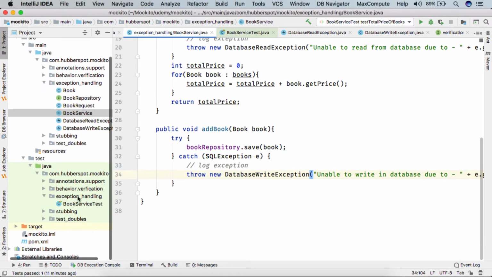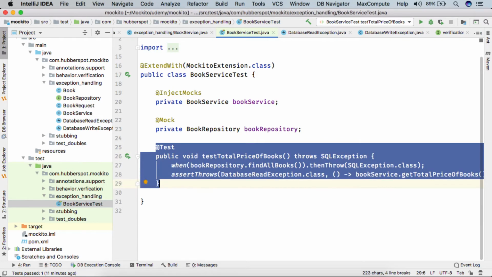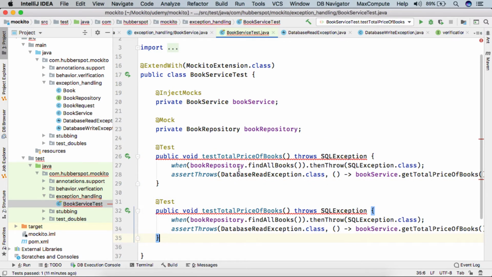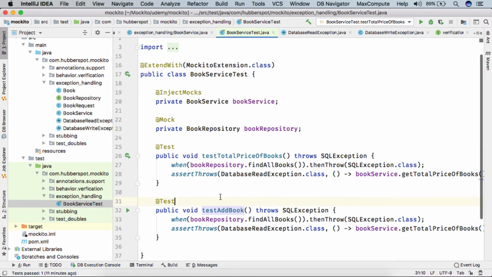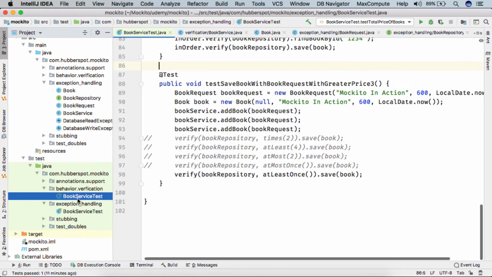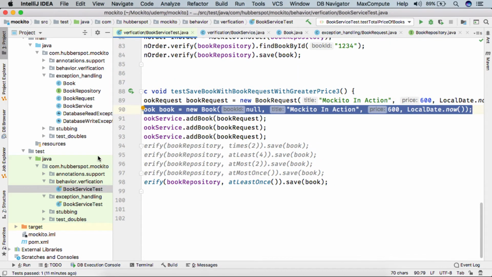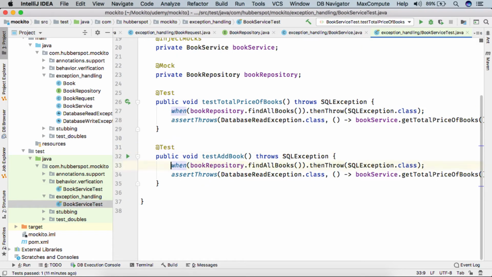So friends, in our test, let's say I copy this part and here I give the test method name as test add book. I'll simply copy this book creation and provide it here.